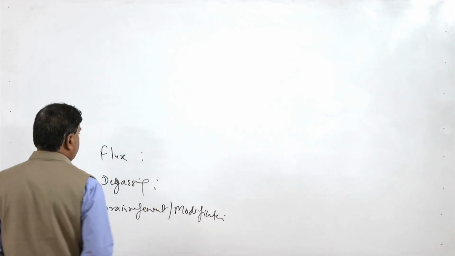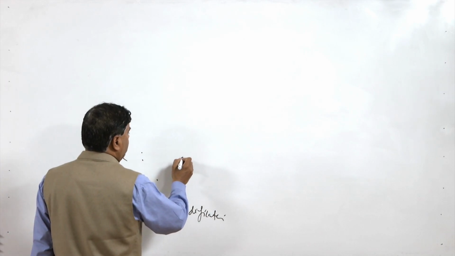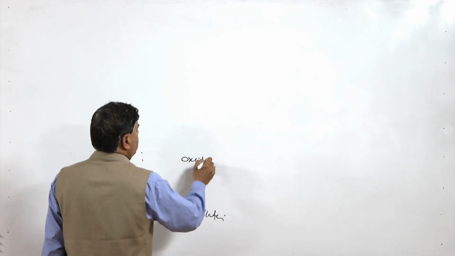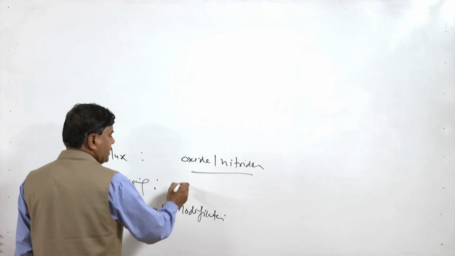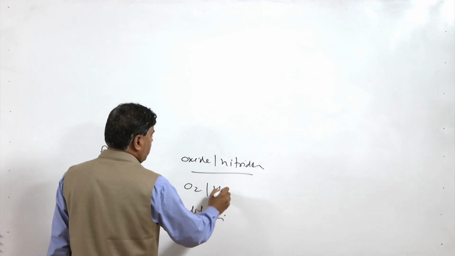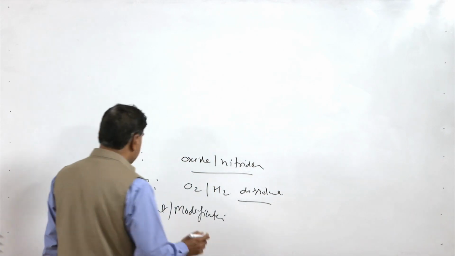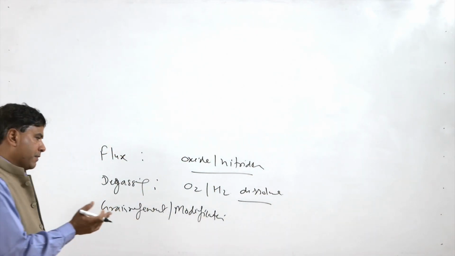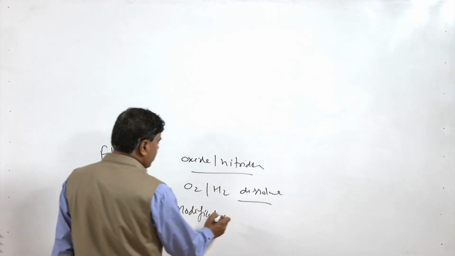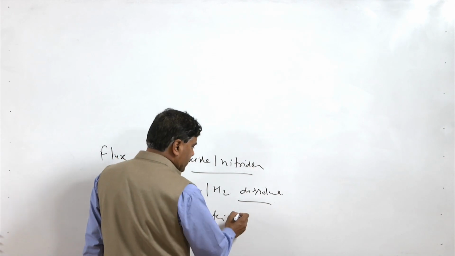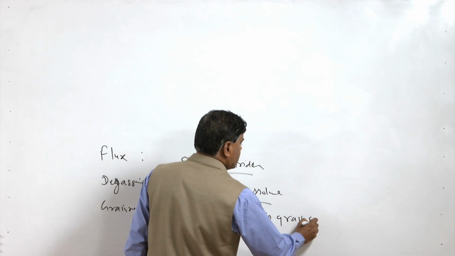The fluxes are used to take care of the oxides and nitrides, and degassing is used to remove oxygen and hydrogen if these are in the dissolved condition. Different compounds are used for the degassing purpose, and the grain refiner and modification, this term is basically used to refine the grain structure,